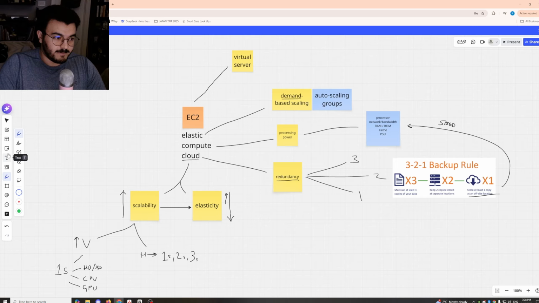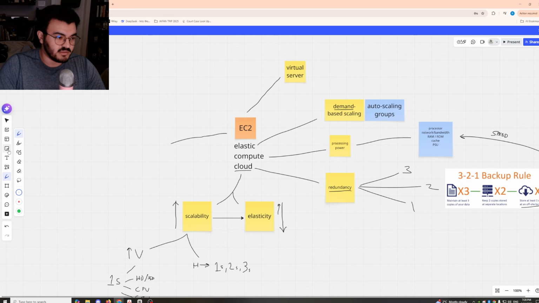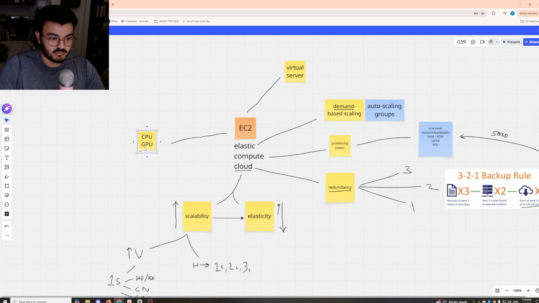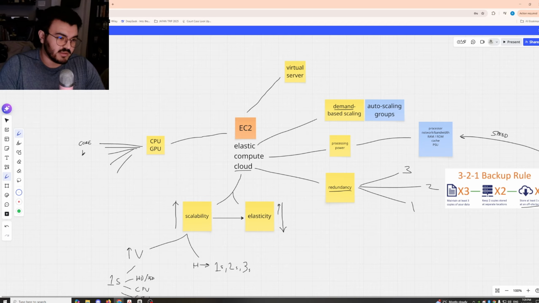So I also know that for EC2, there's many different types of processors that you can pick. So in terms of CPU and probably GPU as well, there's a huge list. You can pick right down to the number of cores, threads. Okay, that's getting not good.